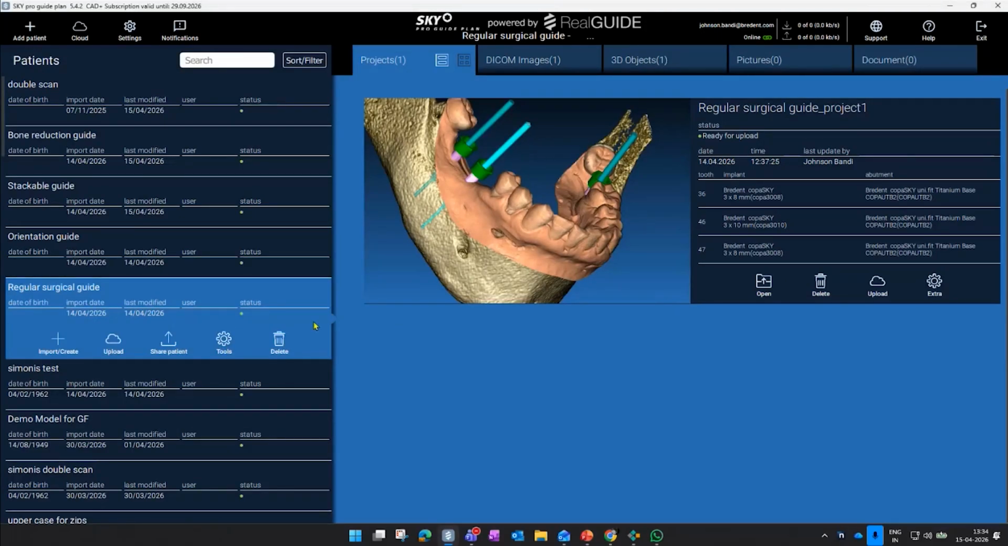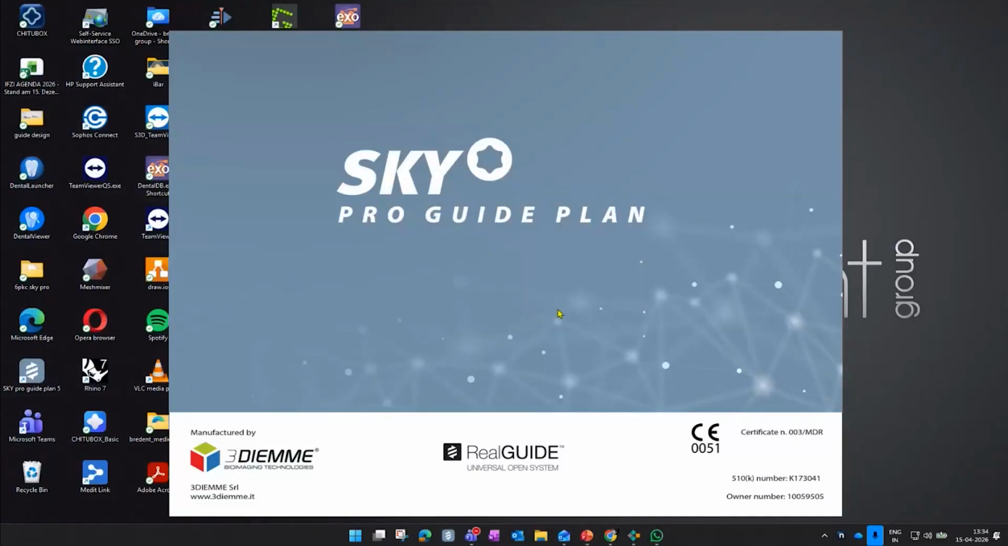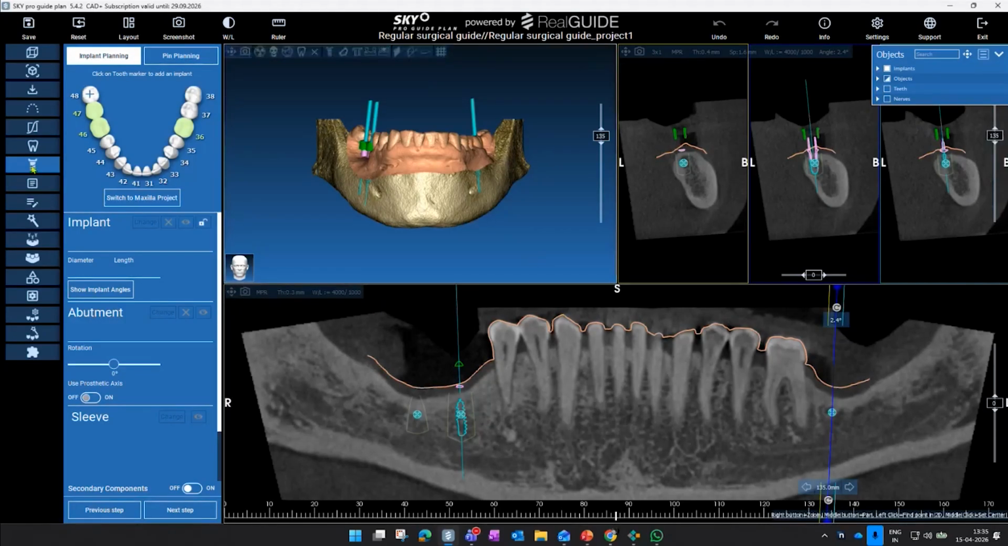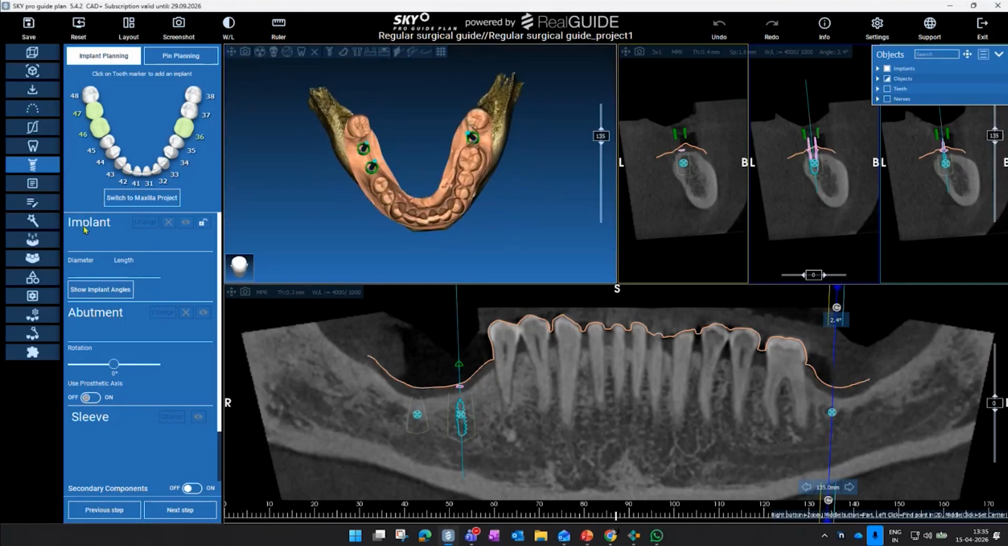Here is my software, SkyPro Guide, and I will open my case. As I said, planning is done here, and then I will go directly to guide design. So this is the guide designing option. First I click on this,